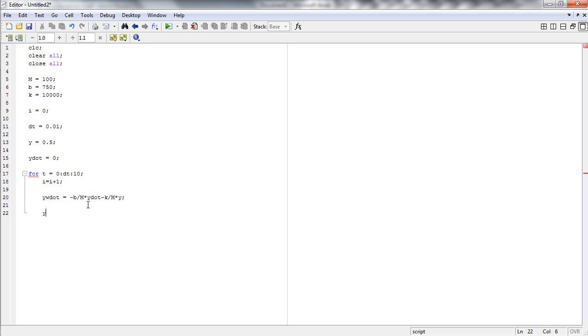So I use y dot i equal to y w dot multiplied by, if you look at here, I have defined dt, delta t, as 0.01. So dt plus y dot,